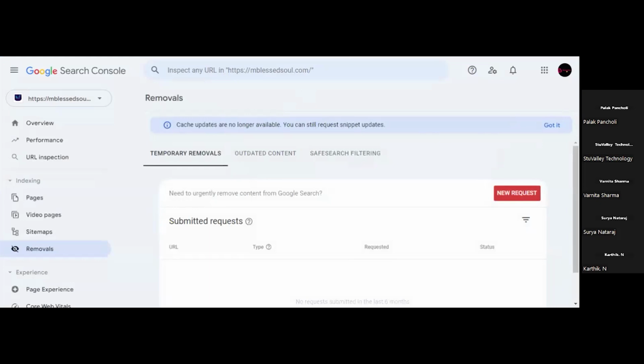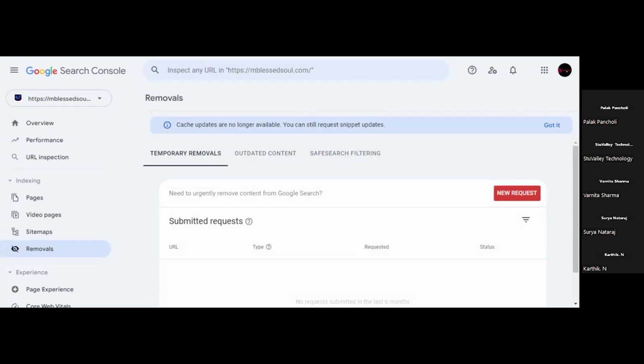Now how removals work on Google Search Console. Any idea about this, how removals work? No. So actually this removals you can use when you want to remove any outdated URL from your website.